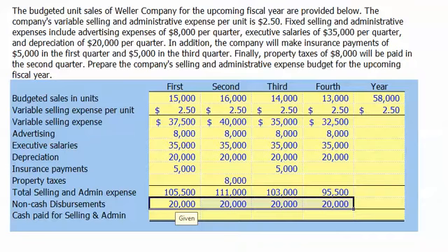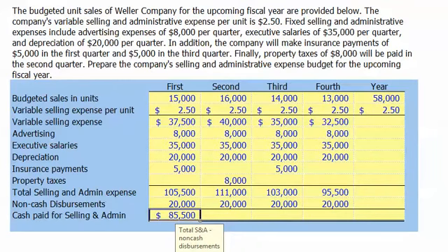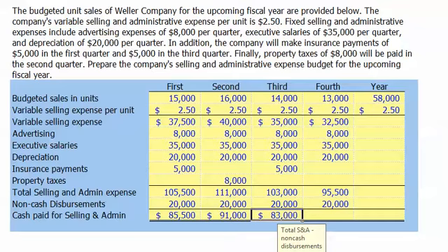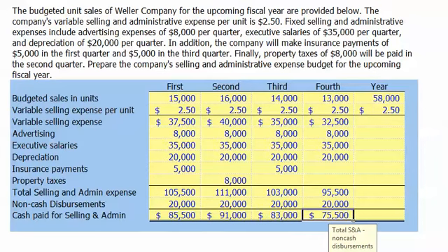Thus, the cash paid for selling and admin expenses during the first quarter will be $85,500. That's our $105,500 total minus the $20,000 depreciation expense. For the second quarter, our total cash paid for selling and admin expenses will be $91,000. For the third quarter, our total cash paid for selling and admin expenses will be $83,000, and for the fourth quarter, it will be